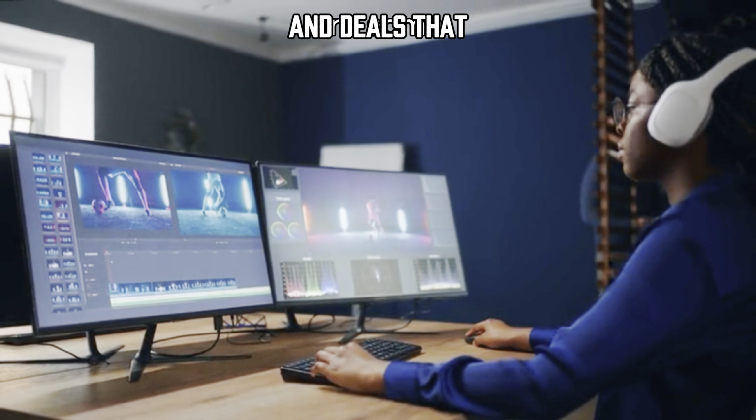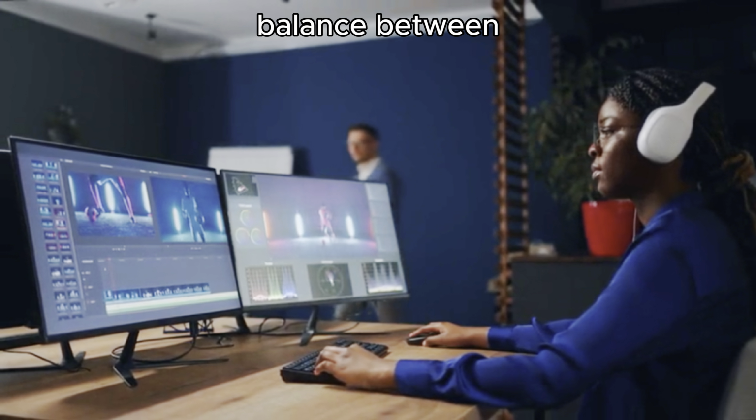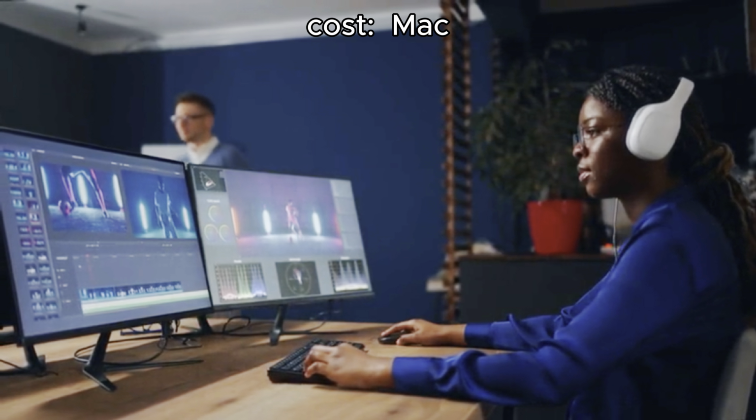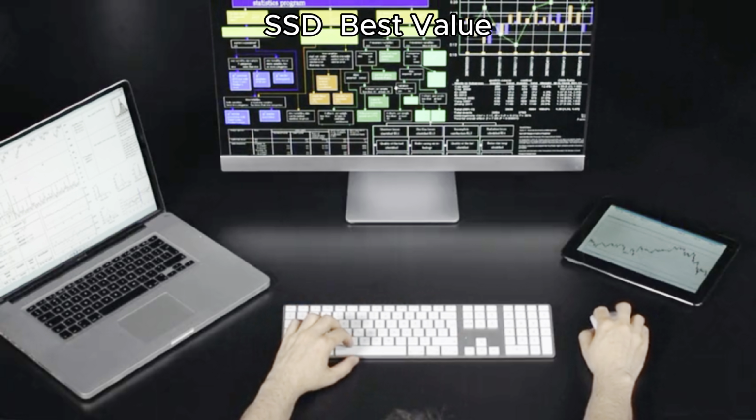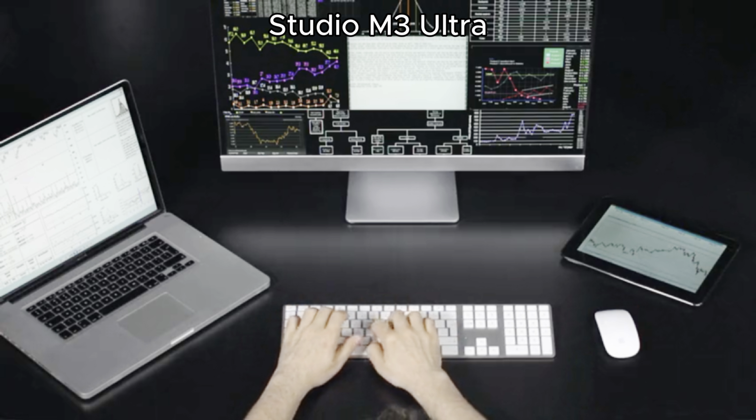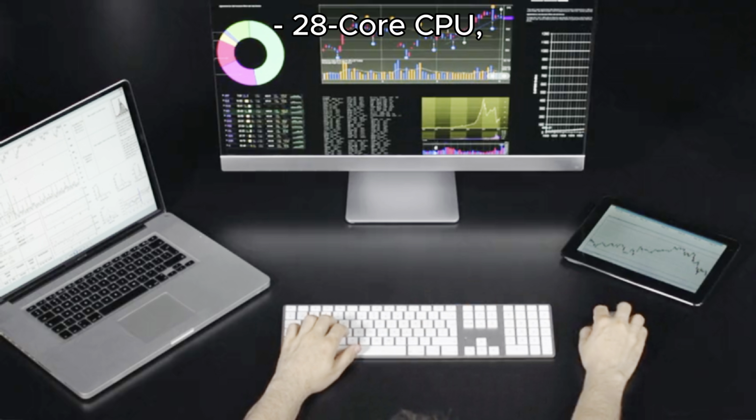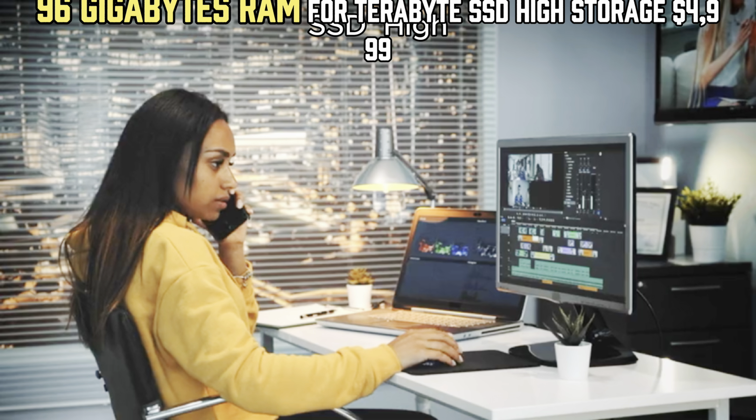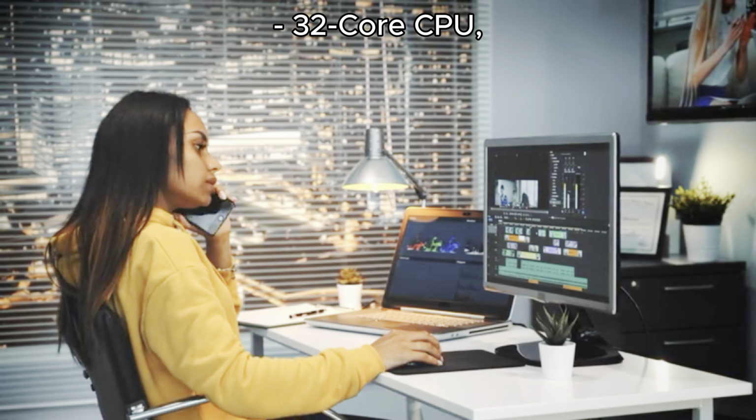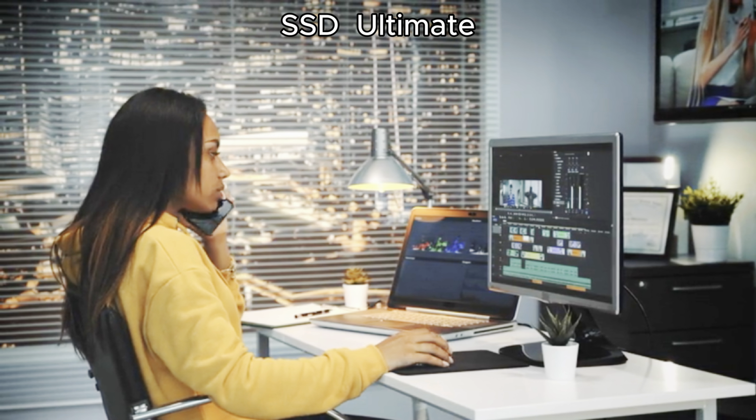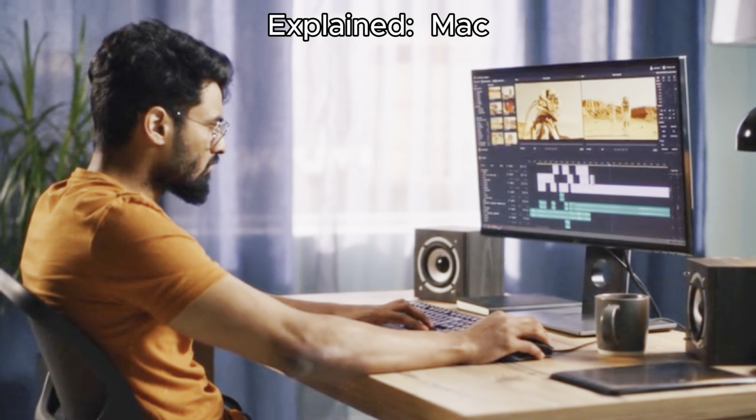Here are some configurations and deals that strike a balance between performance and cost. Mac Studio M3 Ultra, 28-core CPU, 96 GB RAM, 1 TB SSD, desk value, $3,599. Mac Studio M3 Ultra, base model, entry-level, $3,999. Mac Studio M3 Ultra, 28-core CPU, 96 GB RAM, 4 TB SSD, high storage, $4,999. Mac Studio M3 Ultra, 32-core CPU, 256 GB RAM, 4 TB SSD, ultimate performance,